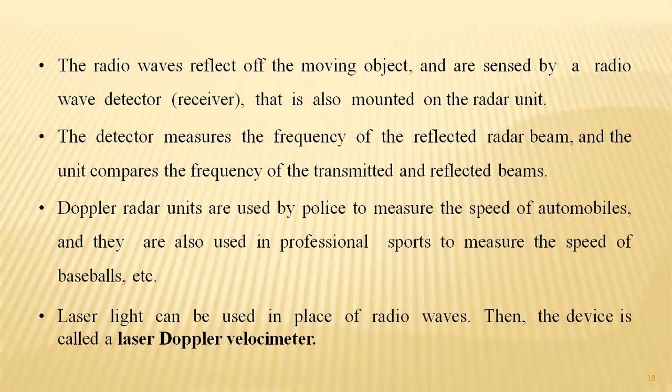In Hyderabad, a best example is the outer ring road, ORR. We should usually move at only 100 speed. So if 100 is overcrossed, this Doppler radar unit, placed at different places of the ORR,